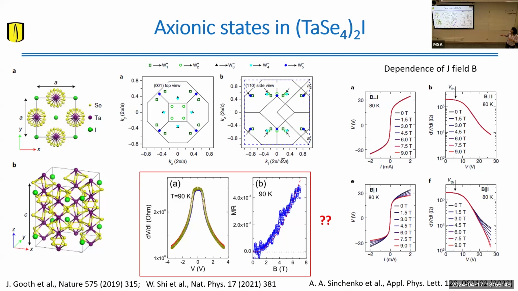Another thing is that volt is not an intrinsic measure of things. It would be electric field. The voltage depends on the size of the sample, so it's not intrinsic. What's important here is that they hit the point at which they can displace the charge density wave. If you have a chiral anomaly and you displace the charge density wave in this type of system, it should have a chiral anomaly.